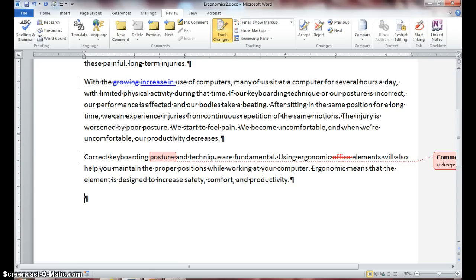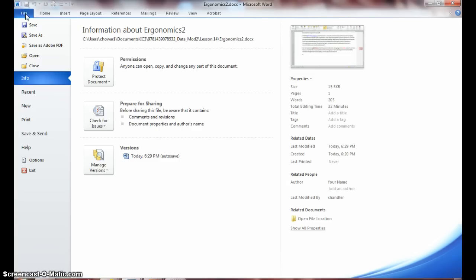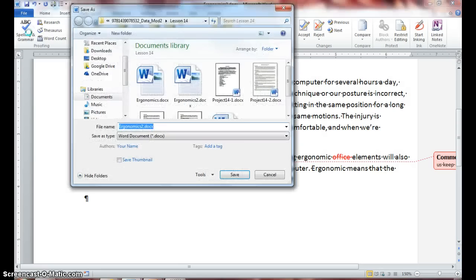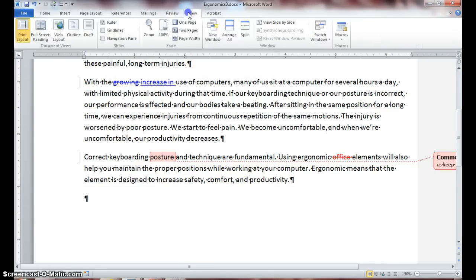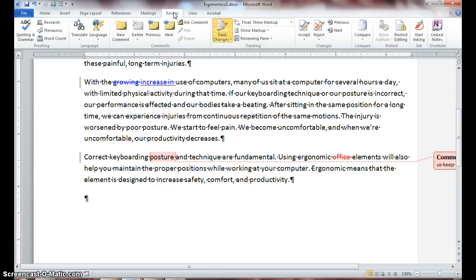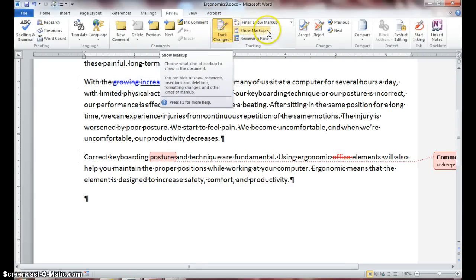The first thing we need to do is save ergonomics 2 as ergonomics 3. Make sure you save to your lesson 14 folder and save. Alright, if necessary, click on the review tab and make sure your document is set to print layout. Go back to your review tab and click on the show markup button. Drop down on this arrow